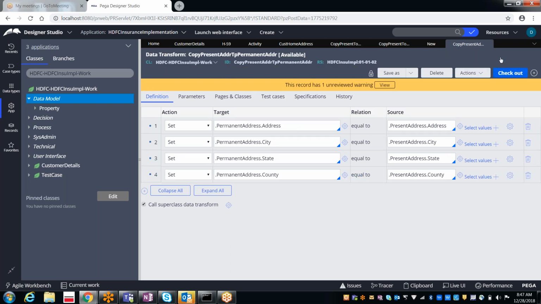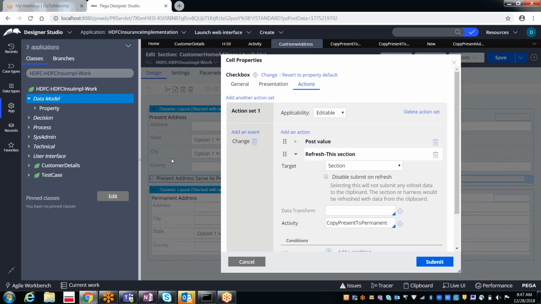So after that, what do we have to do? From where should we refer to this data transform? From the section where we are calling this activity, on click of this checkbox.